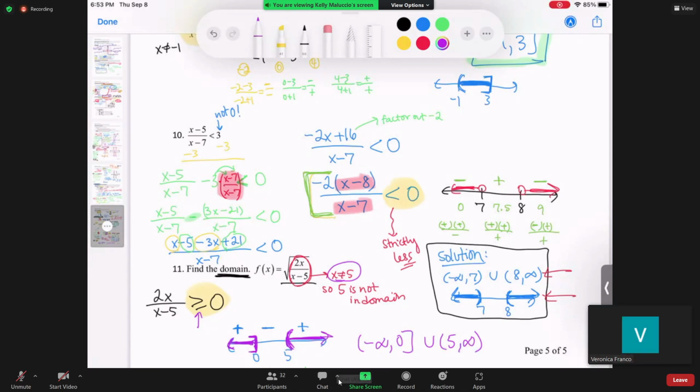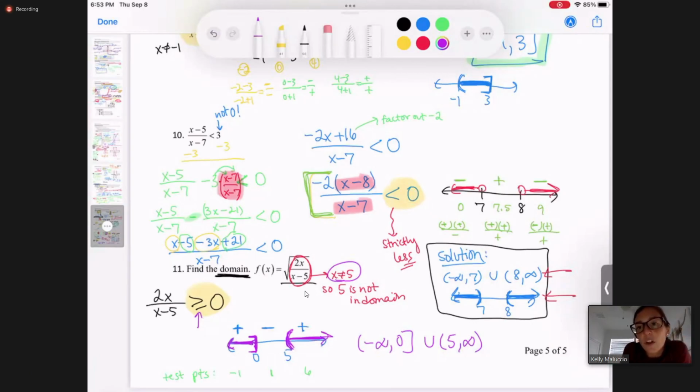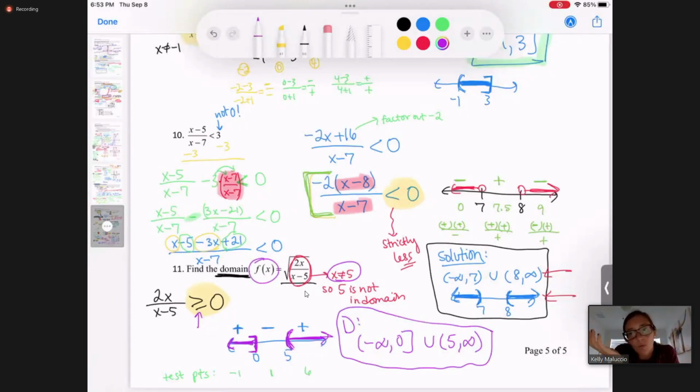So there's really nothing we have to do different to this, even though it's got a square root. This one is just showing you that this is another way to do the same thing, asking a different question. It's saying find the domain. So technically, this would be the domain of f of x, right? Whereas before we were just solving what x could be. I guess if they were a function, we were kind of solving for the domain,